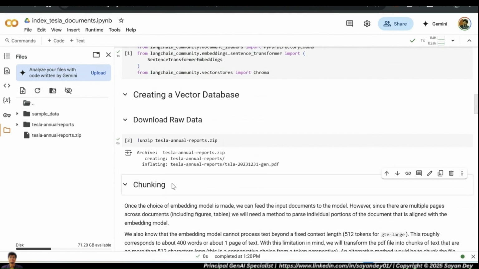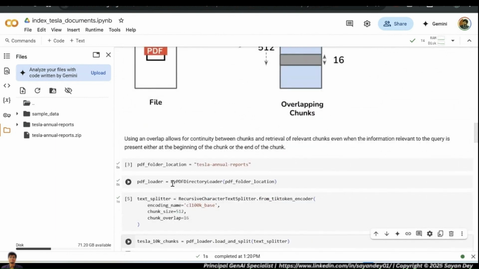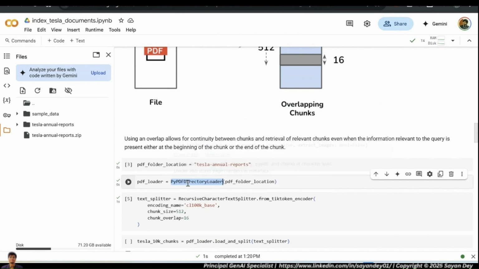Okay, so now the next part will be chunking. So we'll take the file and create chunks out of it, and we are using some generic approaches for it. To load the PDF, we are using something called PyPDF directory loader. What it does is it goes and